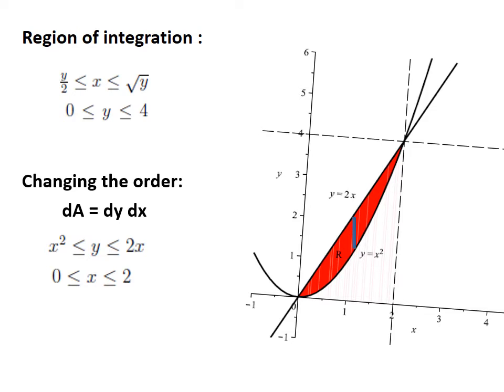Move the strip to the leftmost end of the region. There the value of the second variable x is 0. Slide the strip to the rightmost end of the region. There the value of x is 2. So now you got the bounds for y and x. Here also the outermost integral limit or bound should be a constant bound. I hope you are comfortable in taking the strip and fixing the bounds for the variables x and y accordingly.